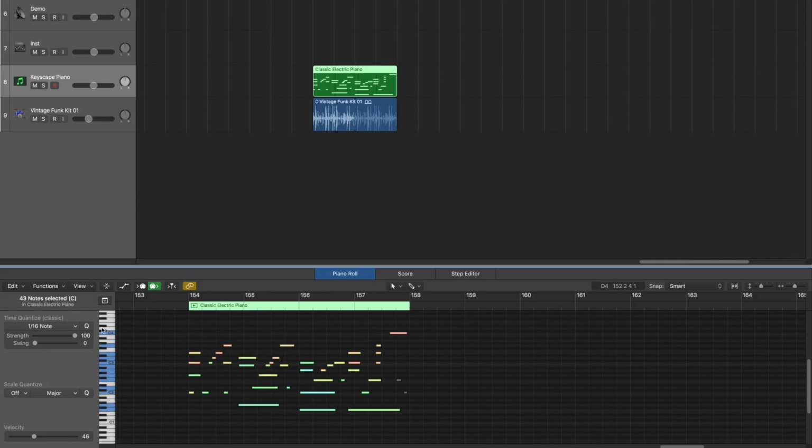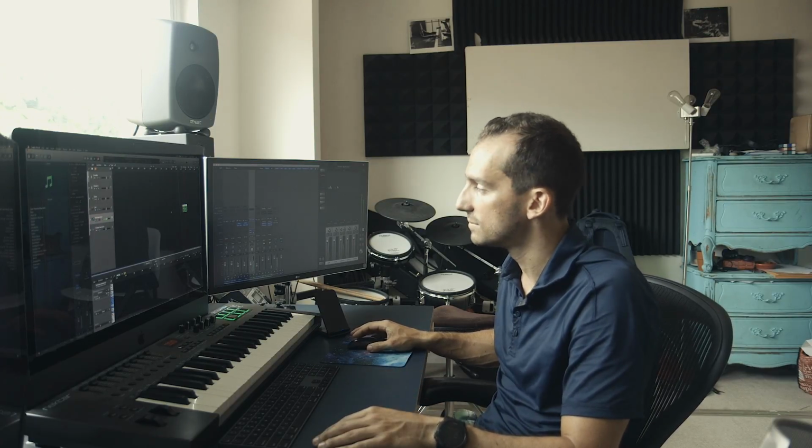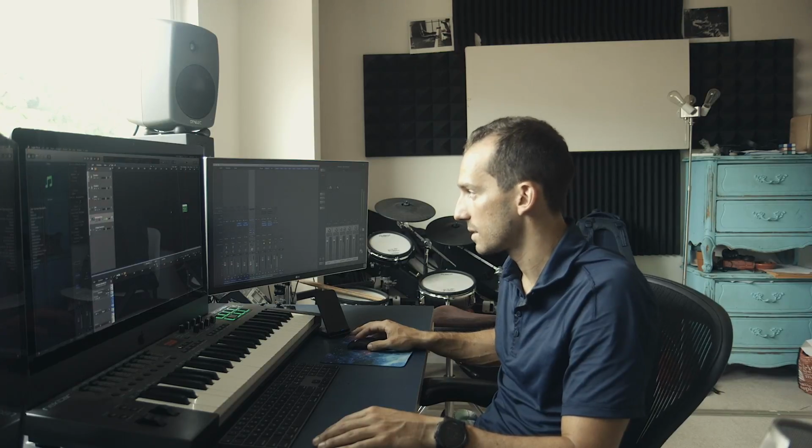And then right up here you'll find the quantization area. The first and most important step in this quantization process is to figure out which note you want to quantize to. So go through your part and figure out what the fastest rhythm is that you actually want it to quantize to. So in our part here, ba-da-ba-ba. So dun, da-da-dun-dun, dun, so da-da-dun-dun. What is that rhythm? Da-da-dun-dun. Those are